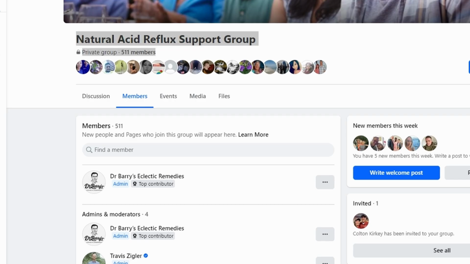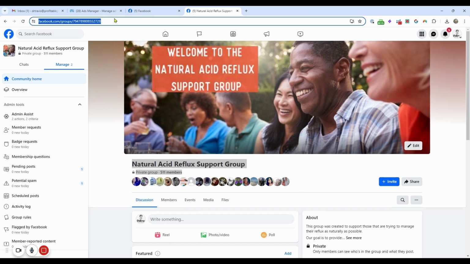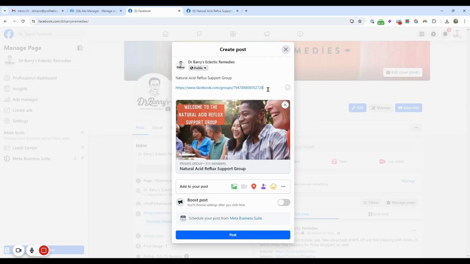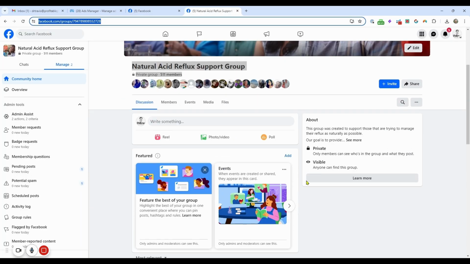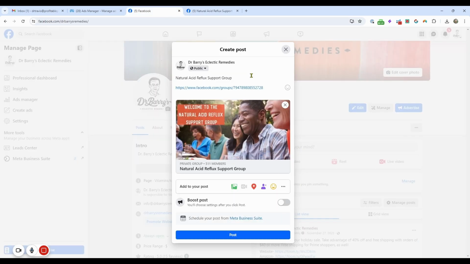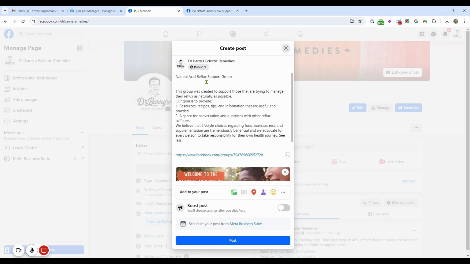I'm just going to grab this link right here. Actually, let's grab the main page link and we're going to put that in here. That will pop in the picture, and so you don't have to worry about making a picture for it. And then we're just going to take the description. We're just going to keep it simple. You don't have to do much. Bring that over, pop this link to the top.